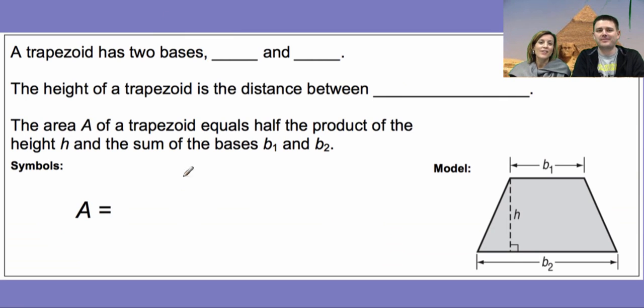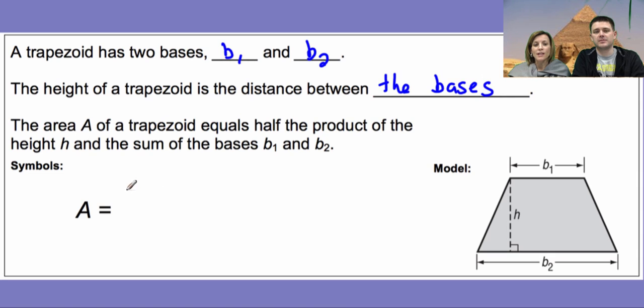All right, so we're going to call those two bases base 1 and base 2. And the height of a trapezoid is the distance between them, between the bases. Our formula, like Mr. McKenzie just got done saying, is going to be base 1